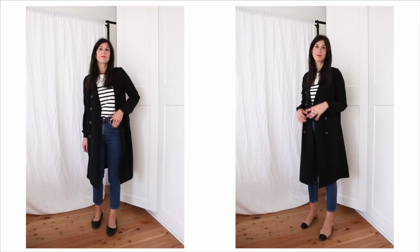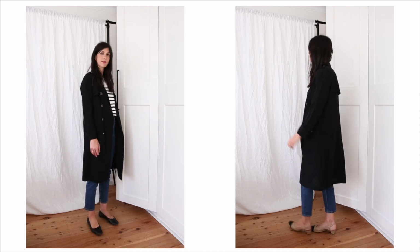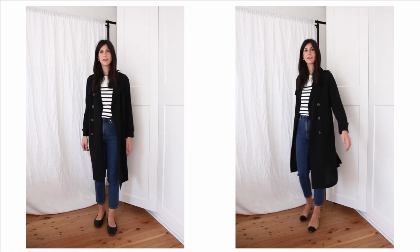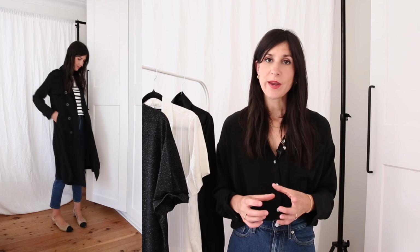So I put on my favorite pair of two-tone pumps, and instantly again, the outfit feels transformed. So they're a neutral color. I find that that makes them very understated. They kind of fly under the radar, but that black toe cap I think is very eye-catching, and it's also very elongating because it draws the eye downwards, and it ends up resting on that little black toe